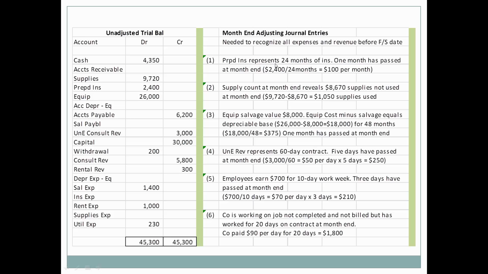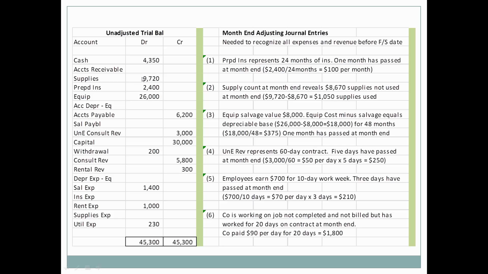So prepaid insurance represents 24 months of insurance. 1 month has passed at month end. Therefore, $24,000, which is the value of the prepaid, divided by 24 months means $100 a month is going to lapse. Next, we notice that we have supplies that we have purchased throughout the month in the amount of